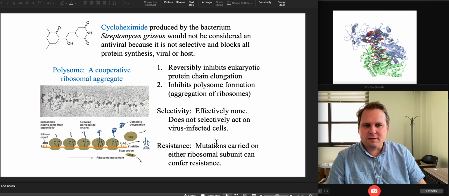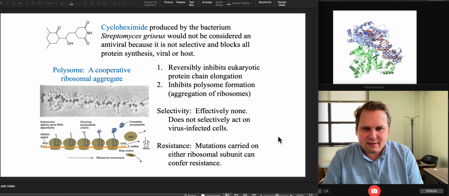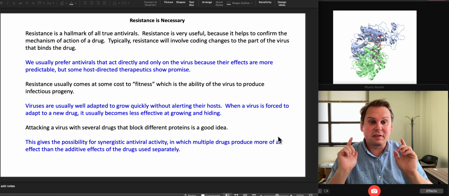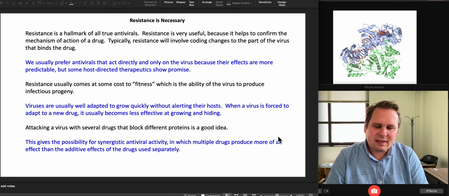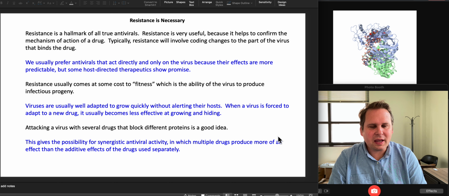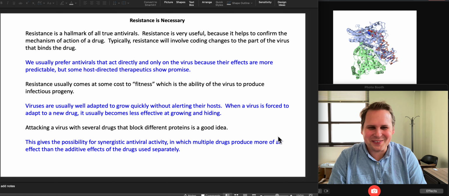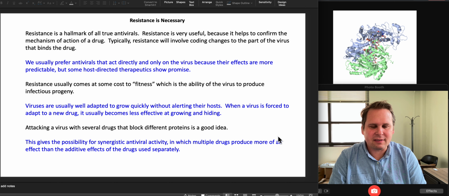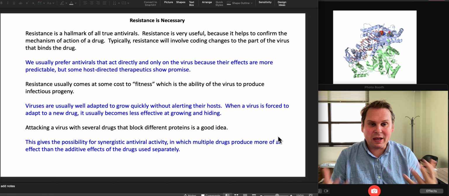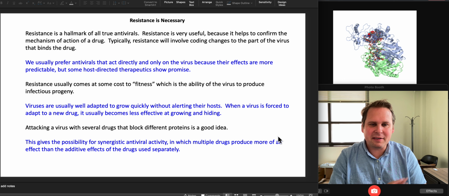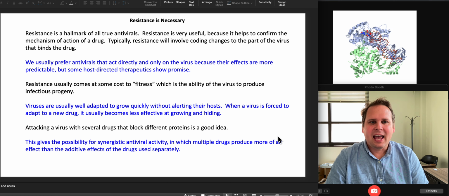The other thing to look for, and actually let's jump ahead 2 slides, boom, boom, is resistance. So resistance is a hallmark of any true antiviral. And you'd say, wait a minute, I thought we don't want resistance, right? Yeah, which you kind of don't, but also resistance always happens because viruses are, remember this, little evolution machines. They evolve as a way of life, and they evolve faster and better than anything else out there.